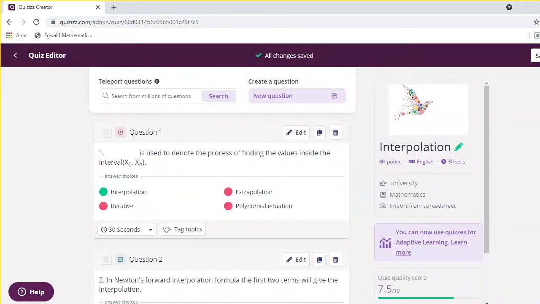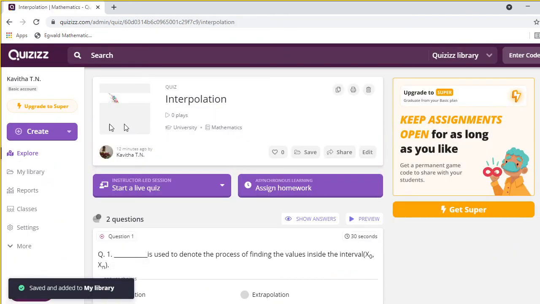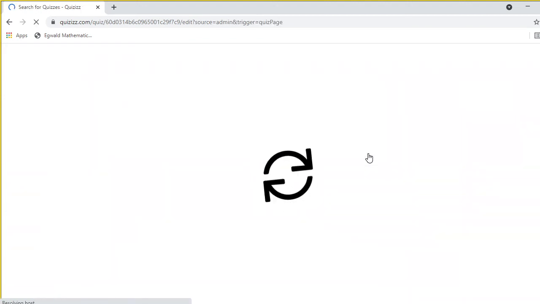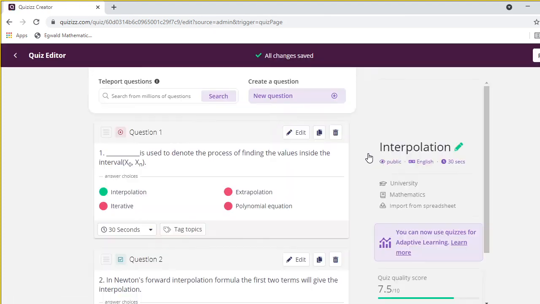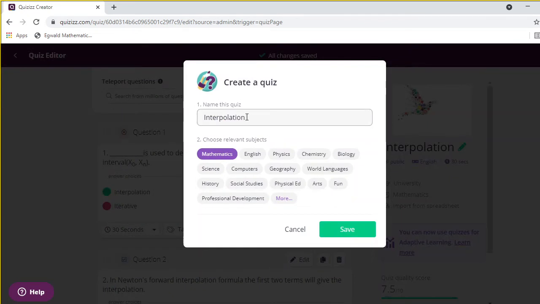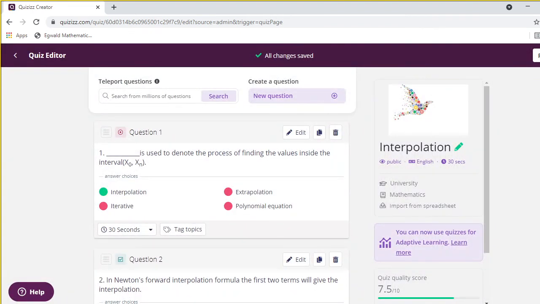If suppose your students are all signed in here, and suppose he wants to edit anything again, you go with the edit and you edit the question. Okay, no need of editing. I just want to publish, that's it. If suppose you want to edit now, you go for this pen and you edit the title. Okay, no need of editing. So I just saved it as usual.